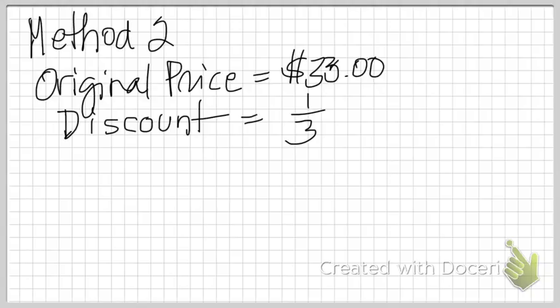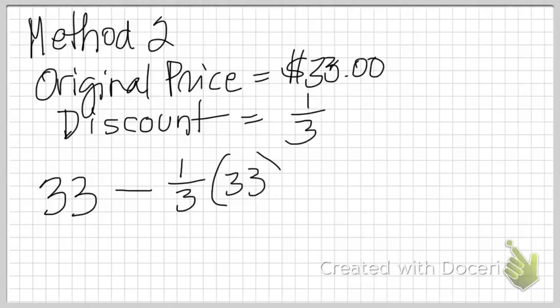So we have our 33 here as our original price, and then we want to take away 1/3 of that 33, and this is exactly the same, if you remember, as we did with the shoes beforehand. So we have 33 minus 1/3